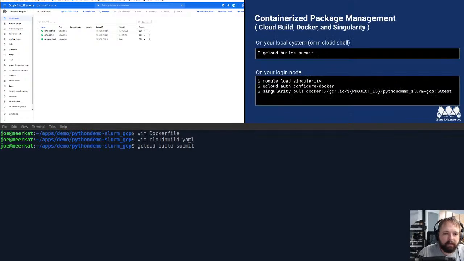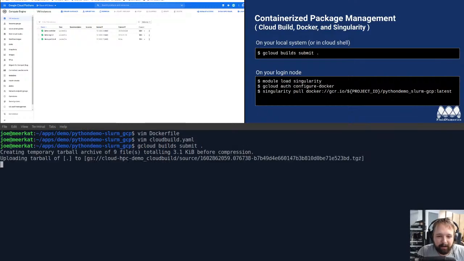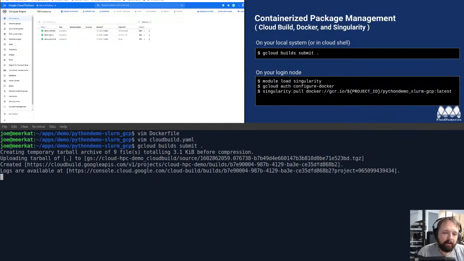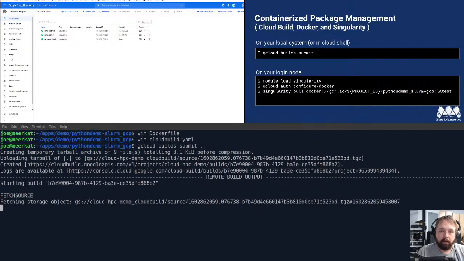Well, let's go to the next slide. Sorry, I didn't advance that. We're going to do gcloud build submit, and we're going to use the current working directory to do that. All right. So what's happening here when you run Google Cloud Build is in the back end on GCP, there's